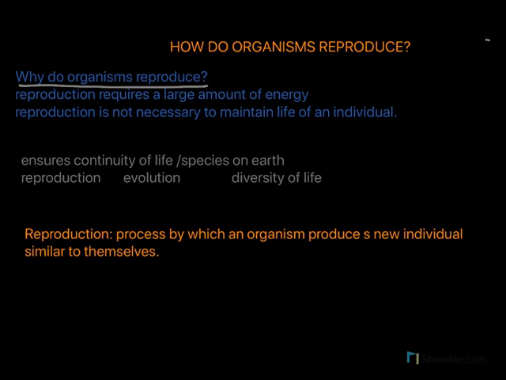In the last chapter on life processes, we learned certain processes like nutrition. They were essential processes. Nutrition, circulation, respiration, excretion, these were all essential life processes. If these life processes cease or stop, the individual can no longer live. Reproduction does not come under life processes. It is not essential for organisms to reproduce in order to live. Then why do organisms reproduce?